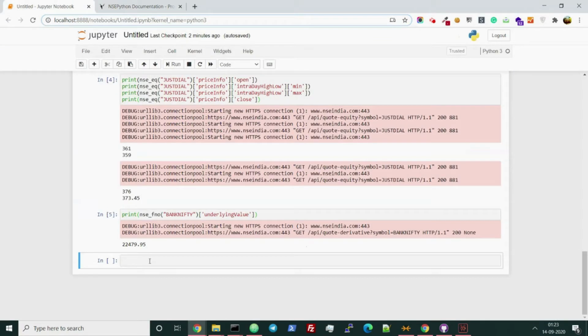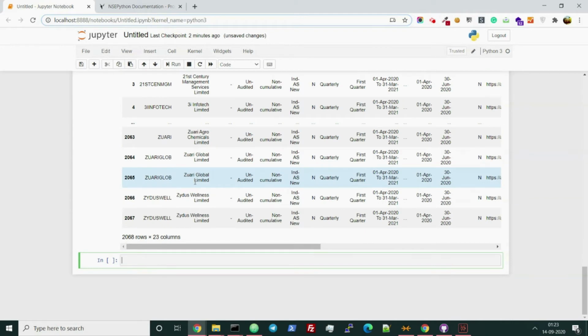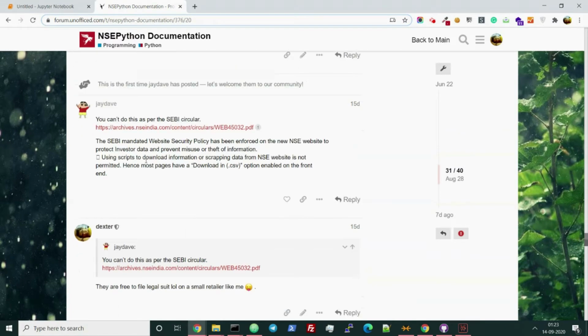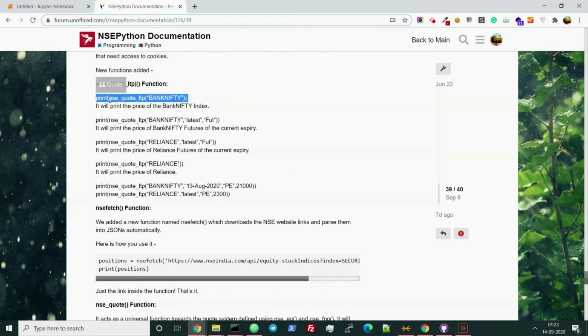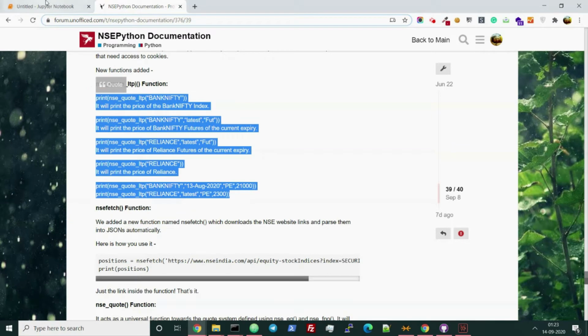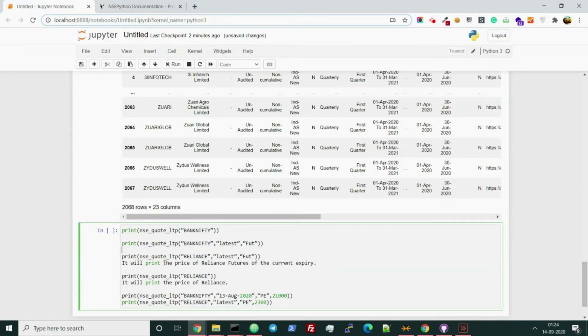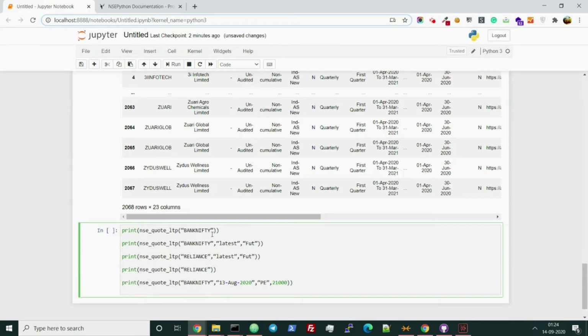Like you can see the NSE results. Let me just type nse_results here. It is showing you which company has results tomorrow. It is directly fetching from the NSE. There are some more commands. Print nse_code. Let me just copy all of this, and delete whatever I have commented there. Okay, it will not run properly.